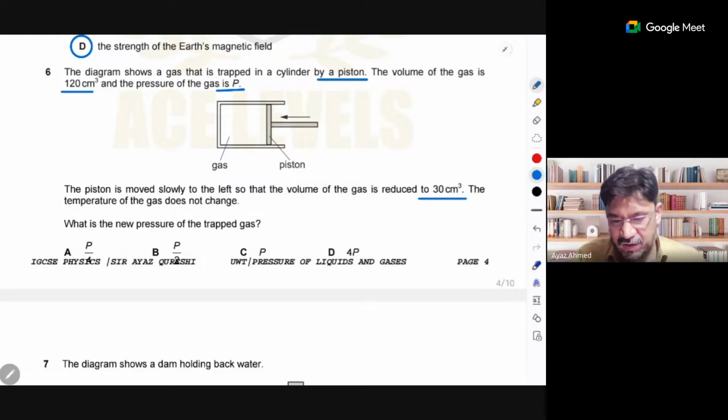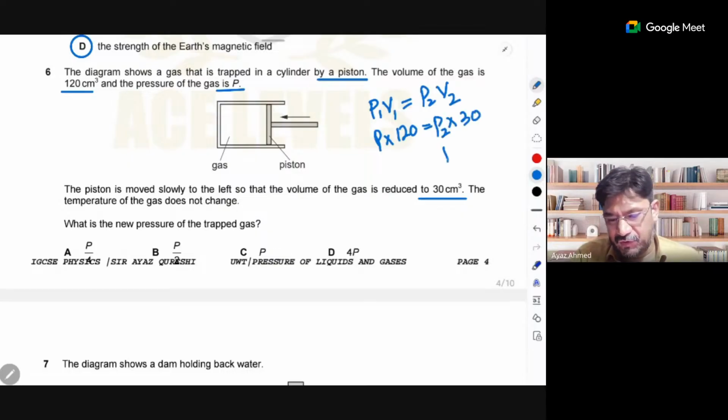So, do you know what is the equation? P1 V1 equals P2 V2. That is the solution. So, what is P1? P1 is P. And what is V1? V1 is given as 120. So P2 is unknown. And what is V2? V2 is 30. So, what will be P2? P2 will be P into